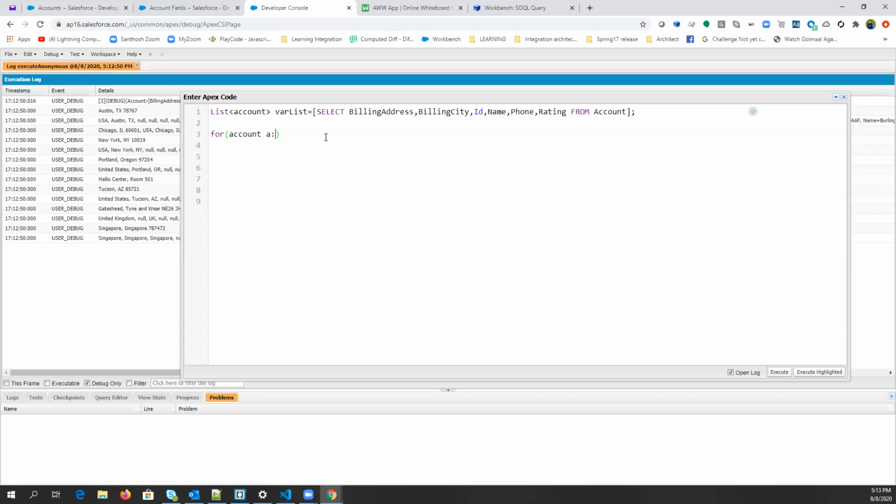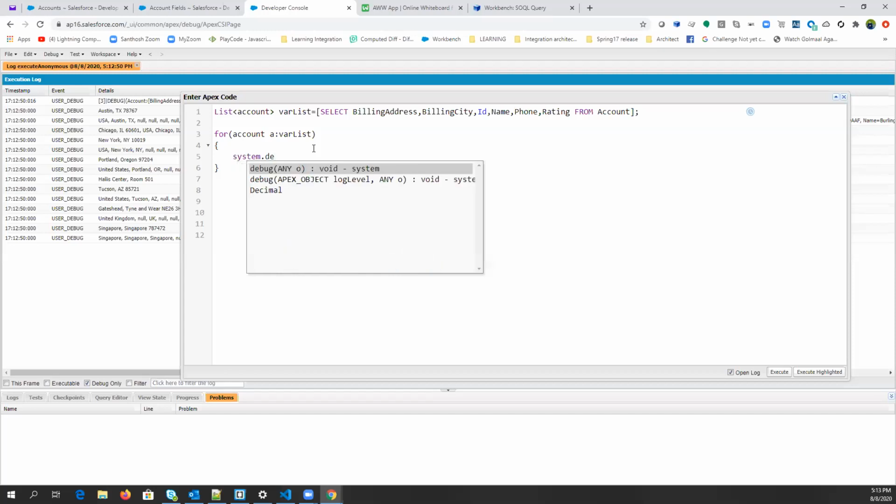So you take an Account variable, and then simply you can use the where list, and you can simply print A. Let's say you only want to print name, A.name. So you can simply write A.name. A dot, and you can access all the fields of A, right? So you can simply execute it.